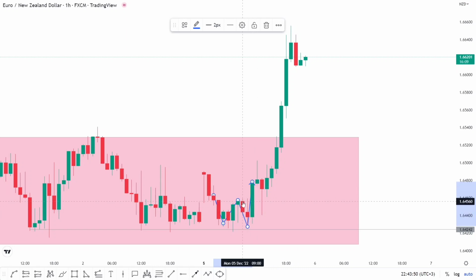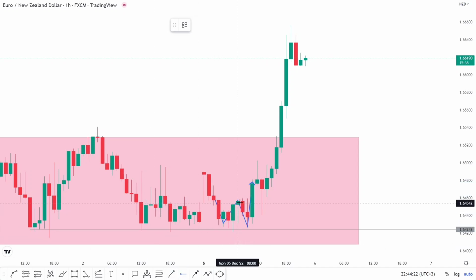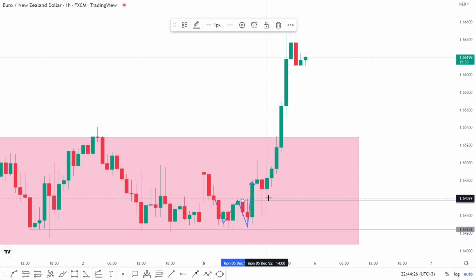So after knowing that we have a W pattern, the concept is always the same. When we have the W pattern, you want to wait for price to come and retest the neckline, and that will be your entry point. So you come and mark your neckline. The importance of marking the neckline, I always tell you guys, it helps you to find a very good entry point. For example, by the time you have this bullish candlestick, this is already a confirmation.